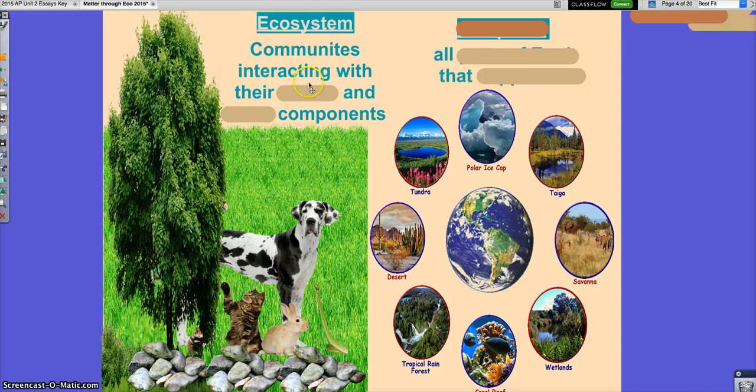Good. They're interacting with all the abiotic and biotic components of the environment. So it's not just different communities, it's their communities interacting with each other and with a tree, which is living also, air, which is not, water, right? That makes up an ecosystem. And that's the focus of the next 3 units. It's all about ecosystems, organisms in the ecosystem, matter in the ecosystem, energy in the ecosystem. And then we move on to the bigger picture, which is what? Ecosystems of Earth, I could say, or all parts of Earth that support life, yes, are the biosphere.